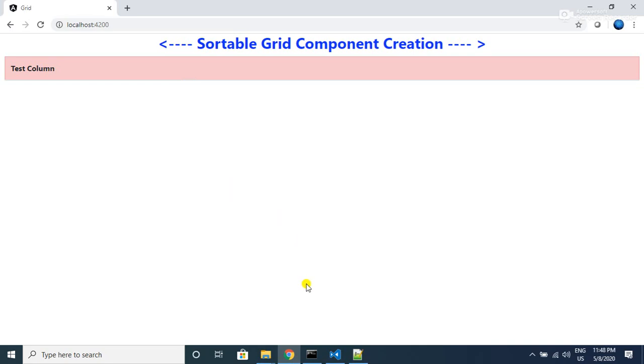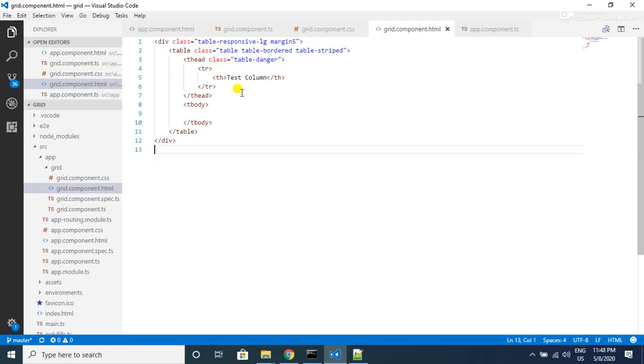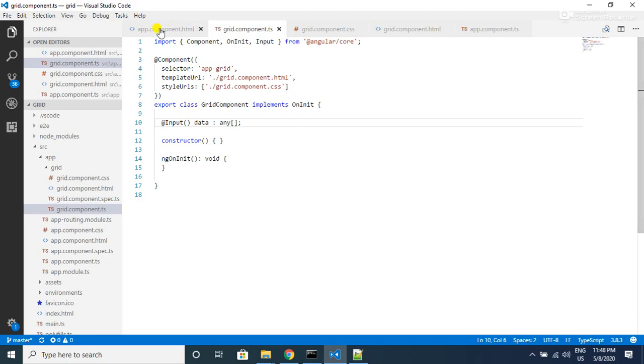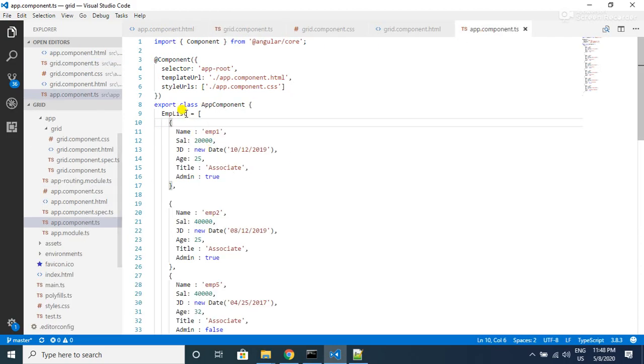But we want to have a dynamic grid, and we don't want to hard code the column headers or the rows or the data at all. We want to bind the data dynamically, and the header columns are coming from the app.component.ts file, that is, the employee properties we want to show.